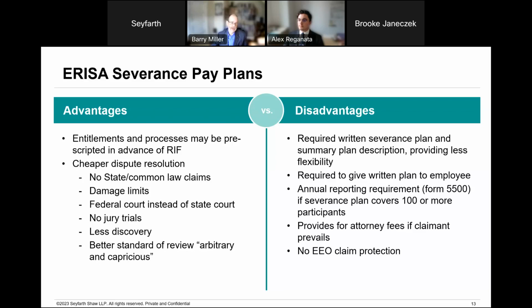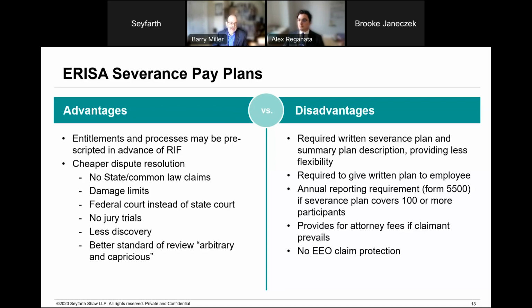In other words, the company has to have done something that's a little bit crazy and reckless for a judge to intervene in a decision that's been made under a properly administrated ERISA pay plan, which from a distance seems like a pretty attractive benefit. But there are limitations on that.